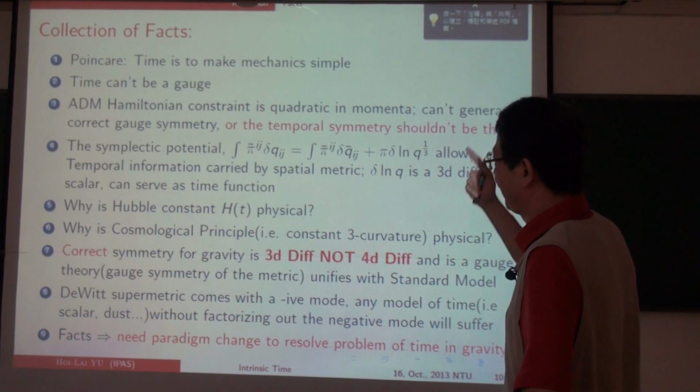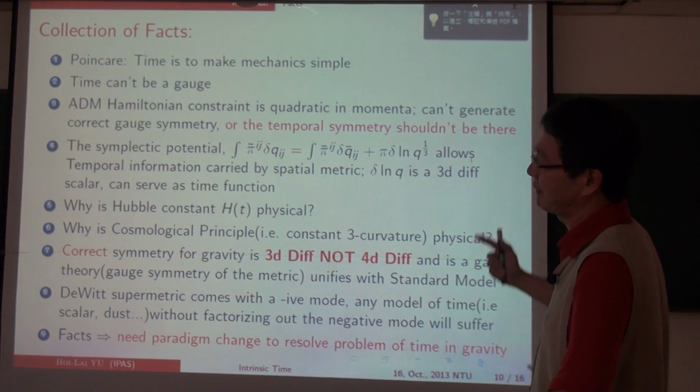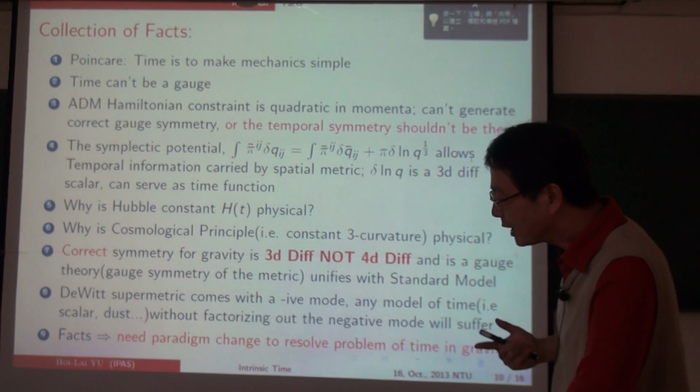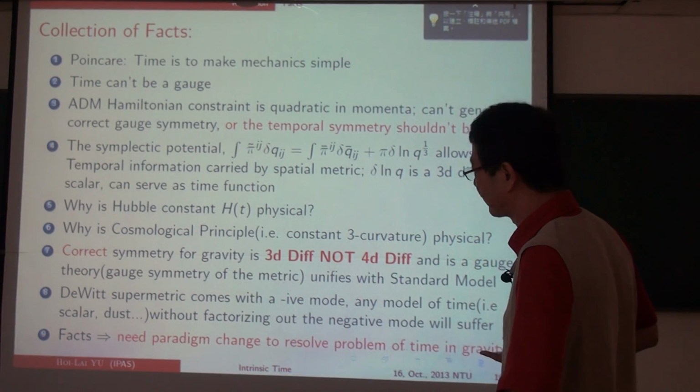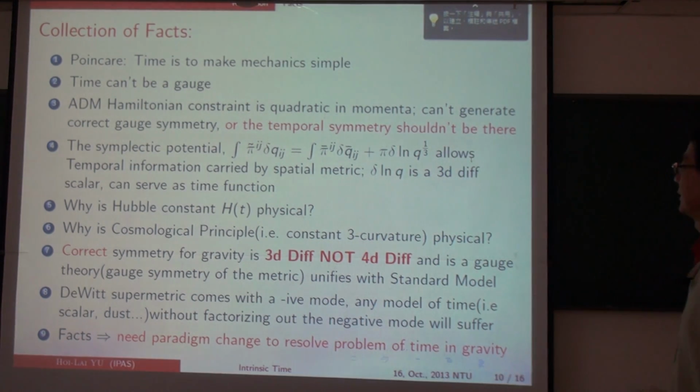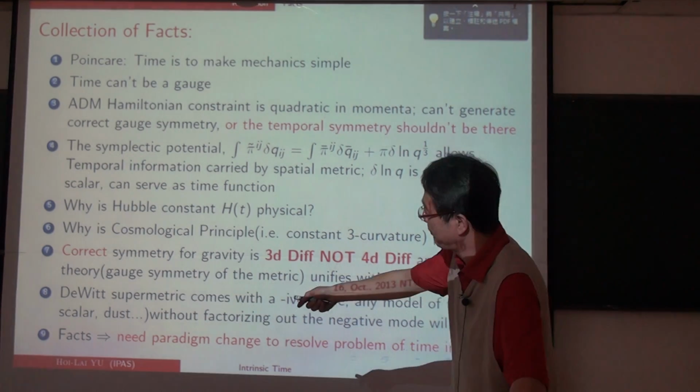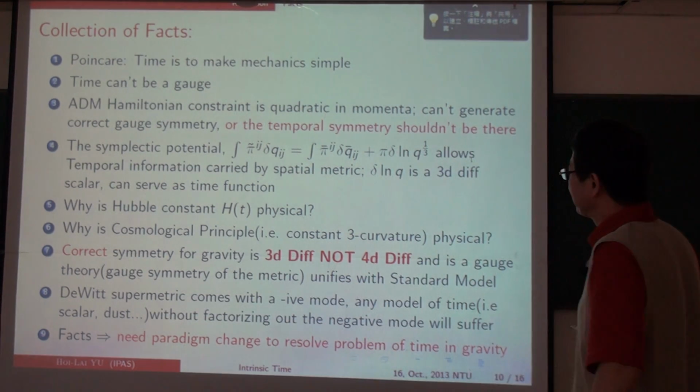Wrong. You do not have that much. You do not have that much symmetry. Maybe you have only 3 coordinate covariance only. So how to see that? How to see that is look at the symplectic potential. Now the important,